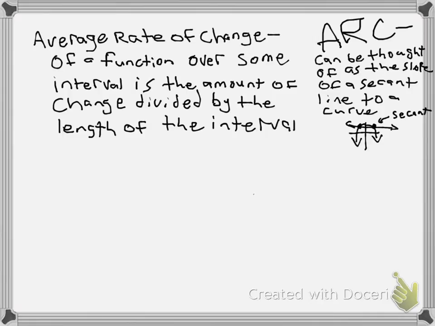So what we want you to be able to do in the beginning, I think I can get this one done. I want to find the average rate of change of the function 2x squared minus 3x plus 7 over the interval